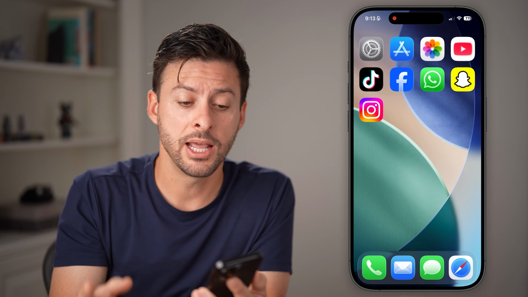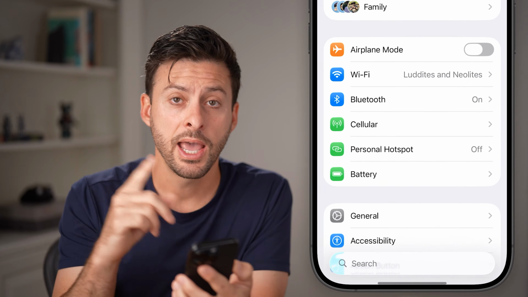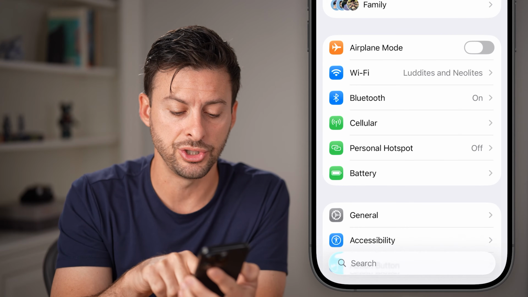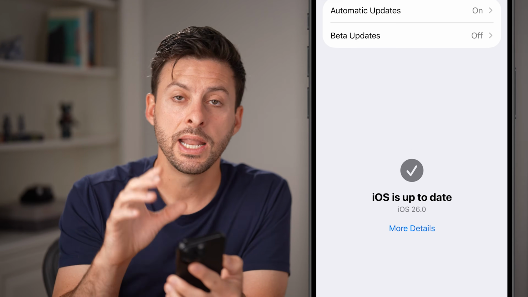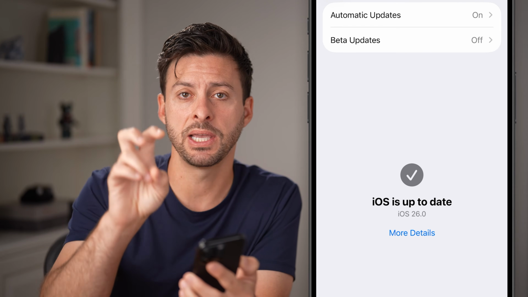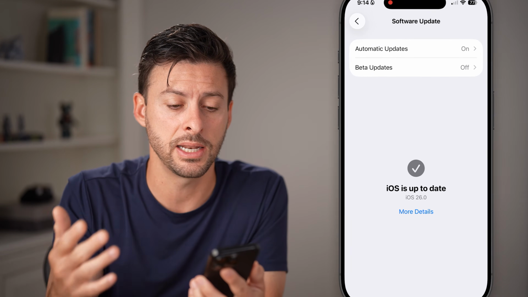Now, the first thing you can do is head into the Settings app of your iPhone. And within the Settings app, tap on the General option here towards the bottom, and then Software Update. Now, if it basically says it's updating, or it's going really slowly, or it's failed, or can't find an update,